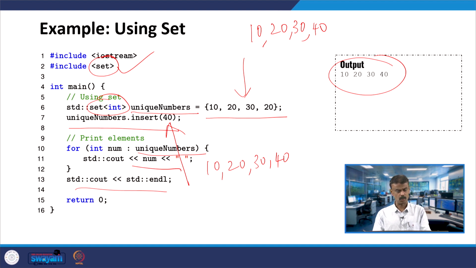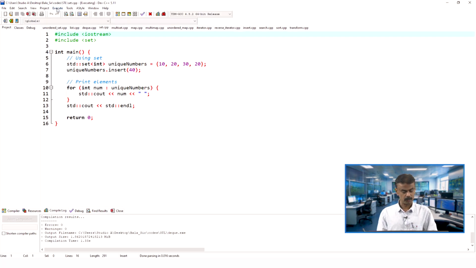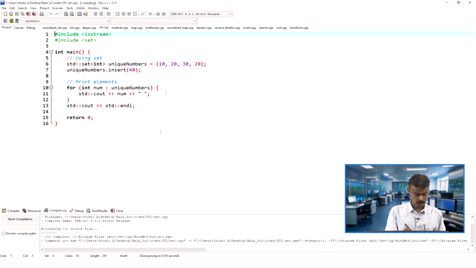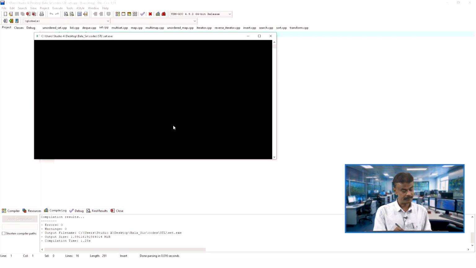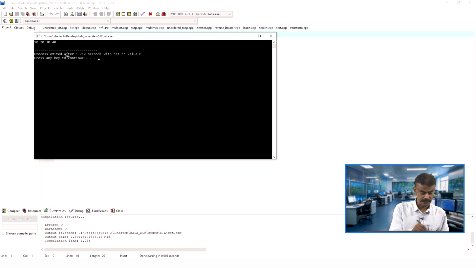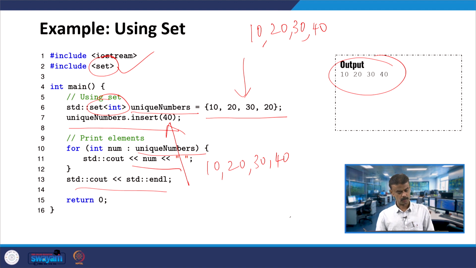We can check the code also. Using set, I will go to the C++ compiler with the same example 10, 20, 30, 20 and then I am inserting 40. When I run the code, you can see the output 10, 20, 30, 40. You practice, include all these header files and keep on practicing.